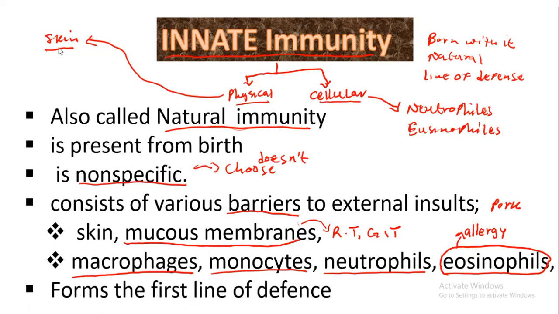So with this being said, like we have talked of the skin, we have talked of someone maybe eating pork, and when they eat pork, their skin will react. So in that case, the innate system just forms the first line of defense. The innate system forms the first line of defense. So before anything happens, this innate system has to try hard and fight any foreign substance. So that's what it means by the eosinophil forming the first line of defense.